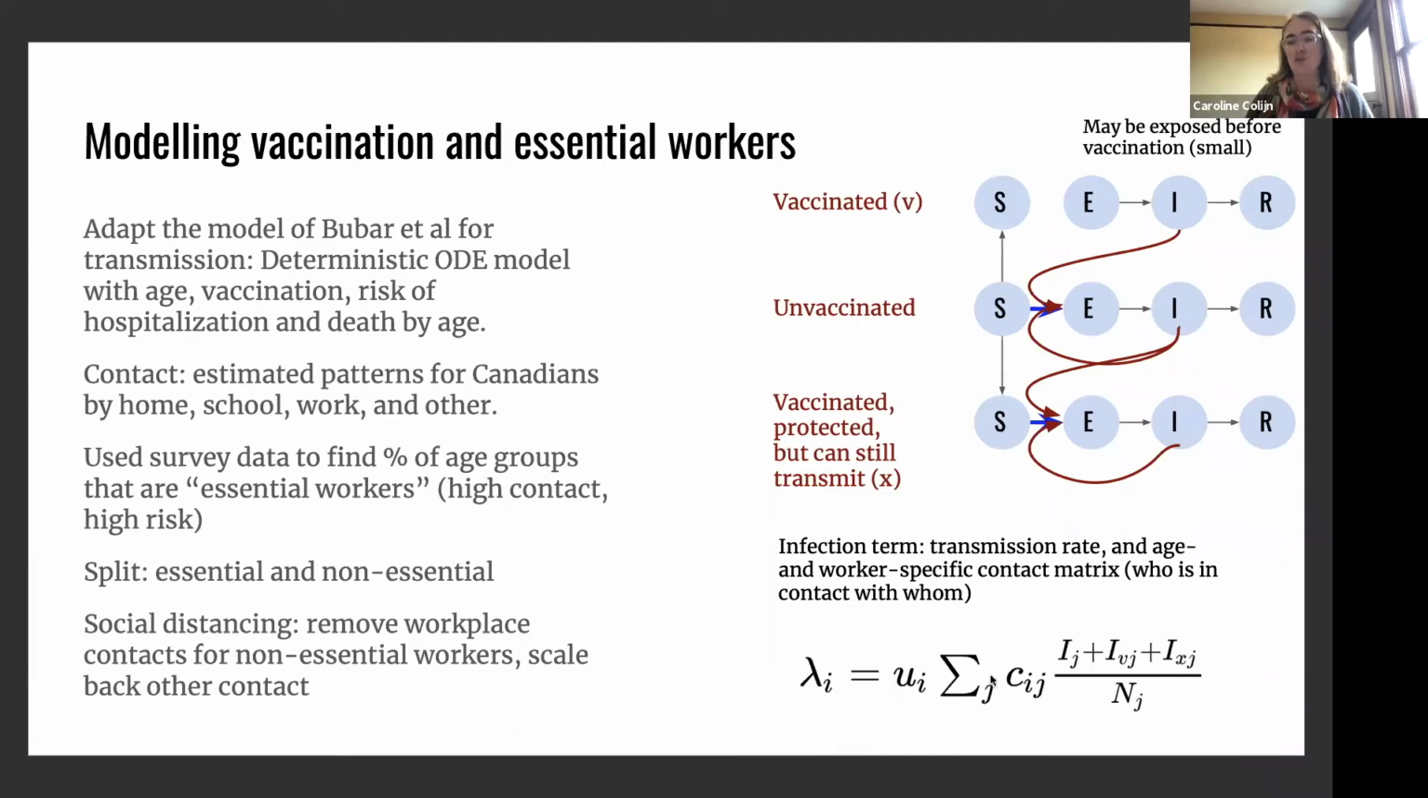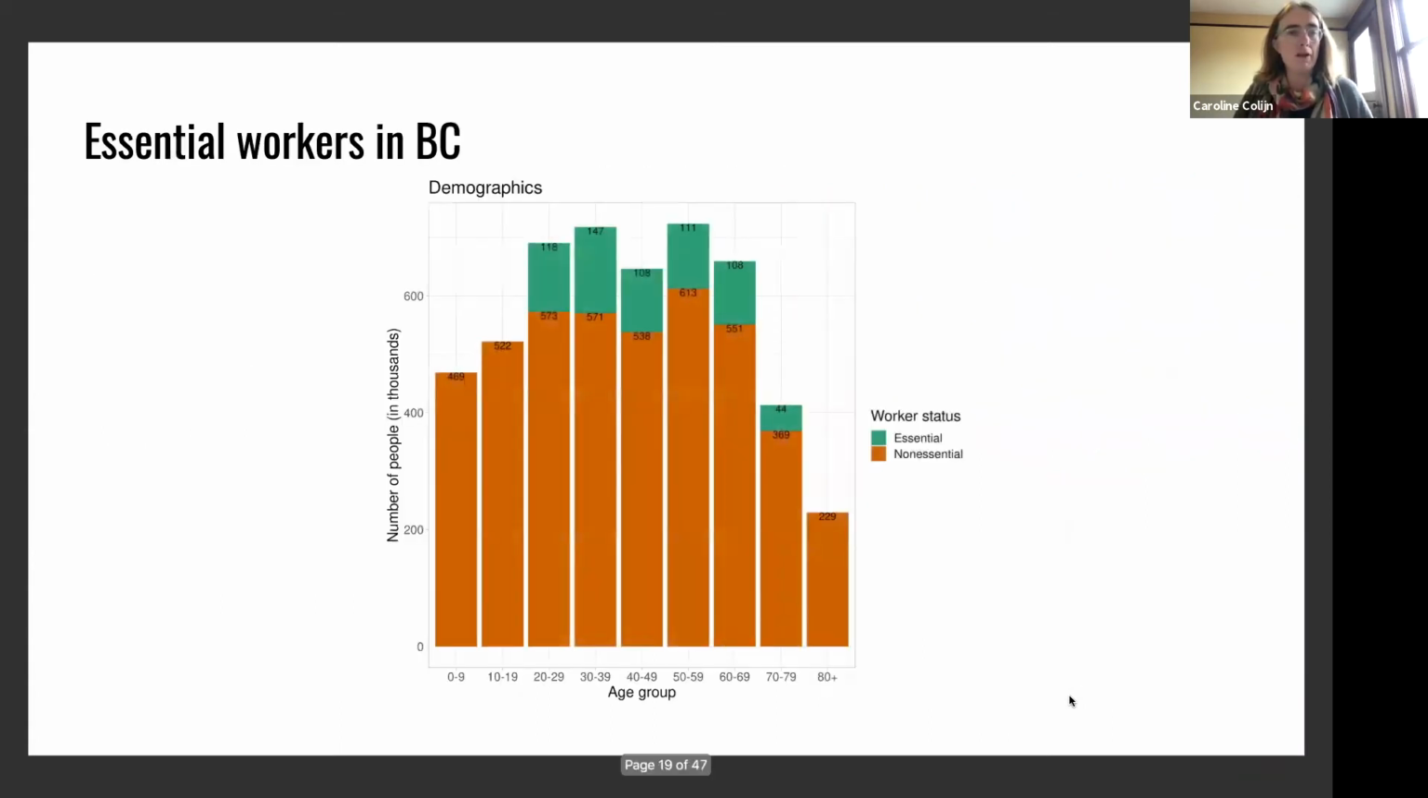That actually just works out, similarly to if you had them in the diagonal of the contact matrix. So it's not really identifiable between those two things. And then just a force of infection. Okay, that's the model. Here's some of what we found from the survey data for essential workers in BC, what